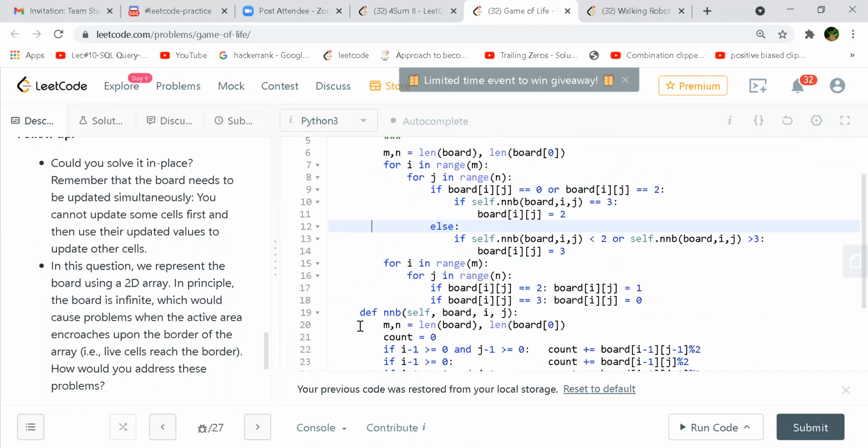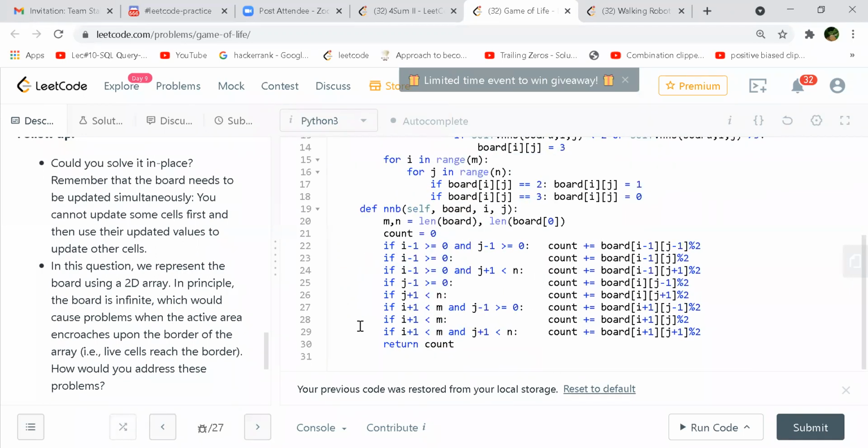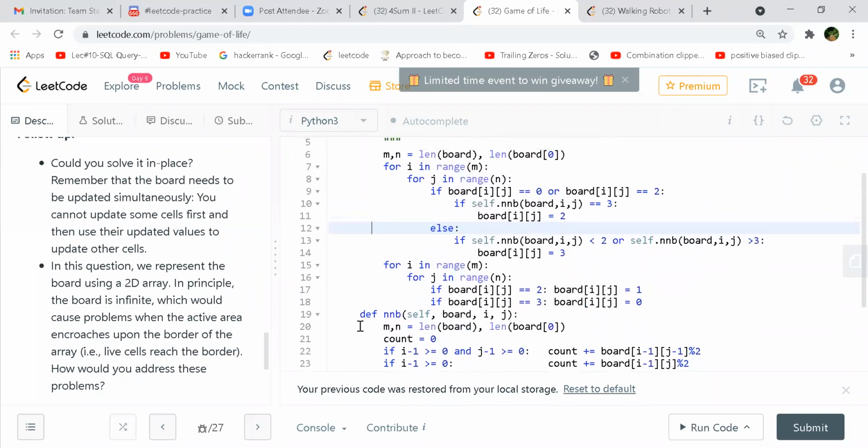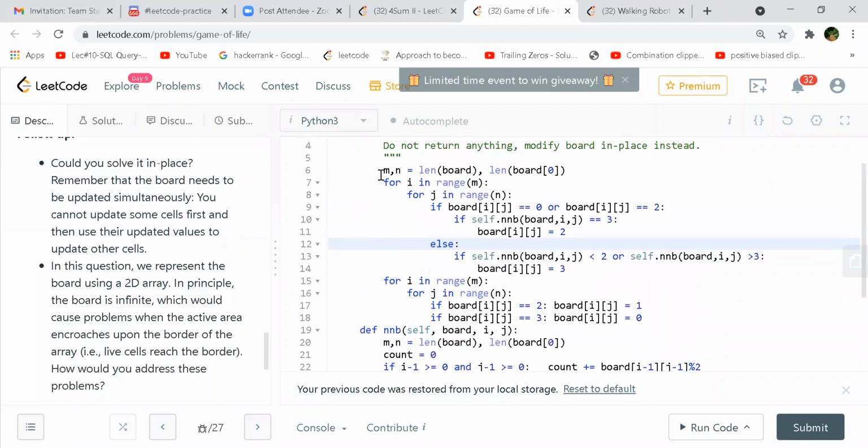Because we already implemented the normal one, the walkthrough, right? But now this one, what are you saying, Shashank? Do you want to go through the first implementation? Yeah, we can go through that also. This is in place only. I'm modifying the given input. I'm just calculating the rows and columns and walking through each of the cells, right? And these are the conditions. If it is 0 or if it is equal to 2, then inside we pass that particular coordinate and check if that is equal to 3, then we update it to 2. That is a kind of visited, you can say.